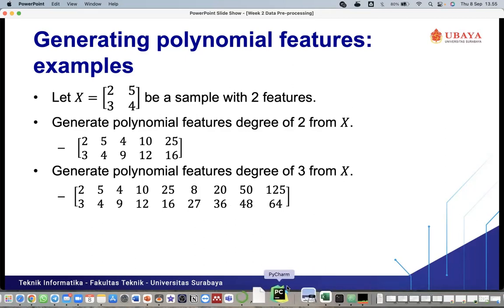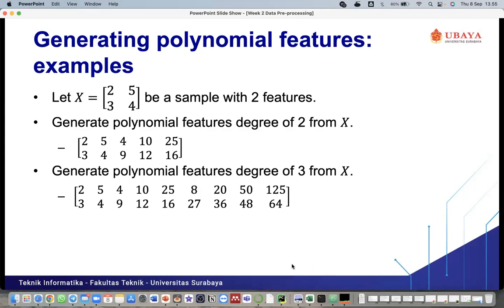So this one is the original features, and this one is the new features. The new features contain 3 features. This one is the generated polynomial features of degree 2.